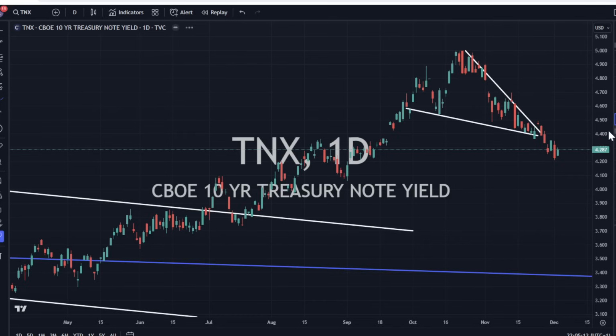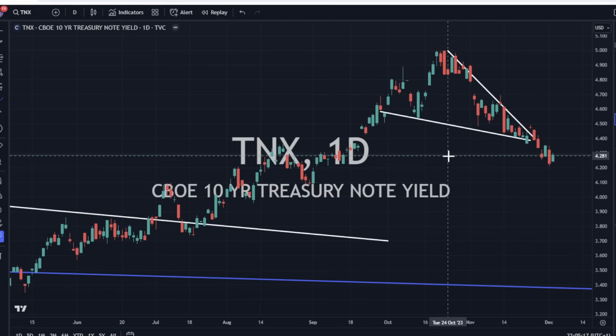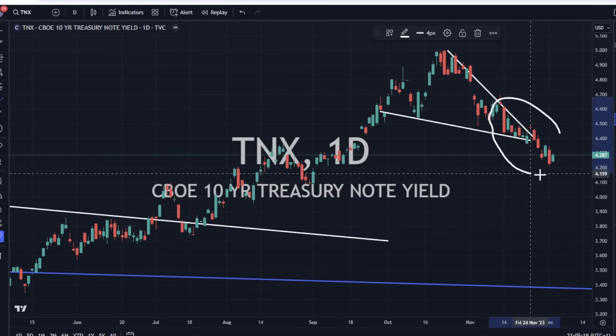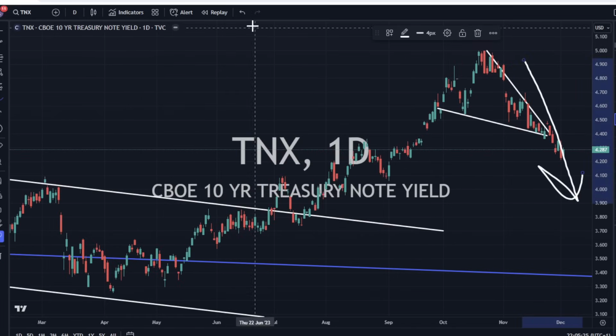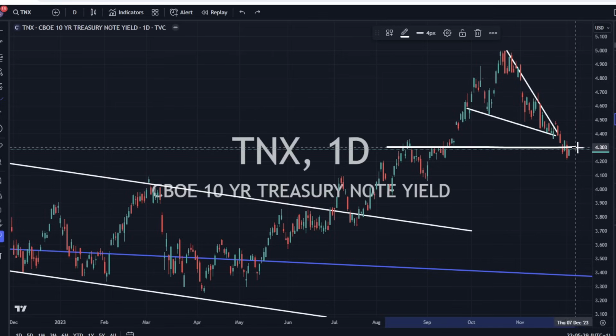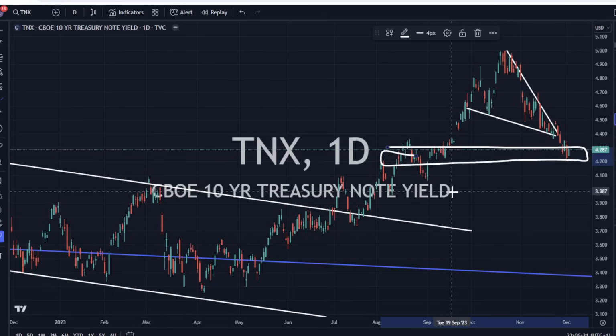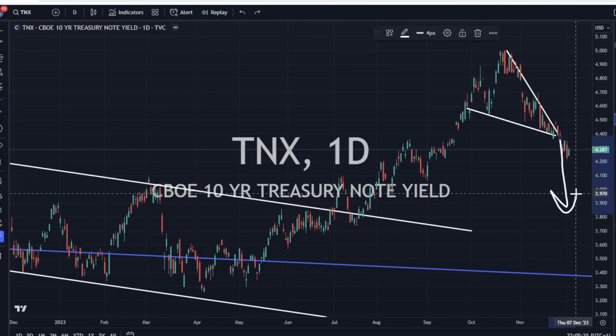The 10-year is up today, 1.42%, but again, there's a lot of selling pressure in that circle there and not as much buying pressure. The momentum is definitely to the downside, and we don't have a ton of support. We do have some support where we're at. That's probably why we're getting a little bit of a bounce, but I still think there could potentially be further downside